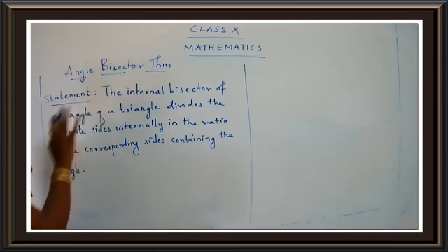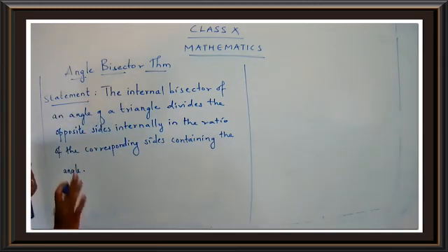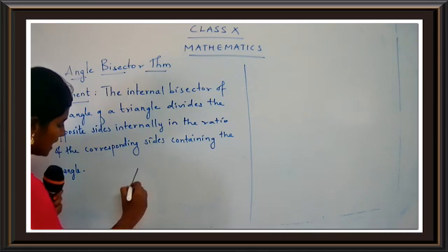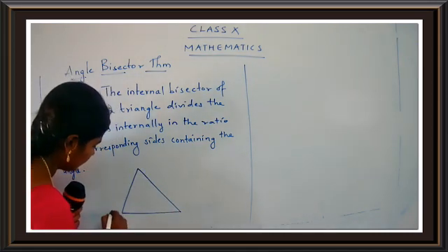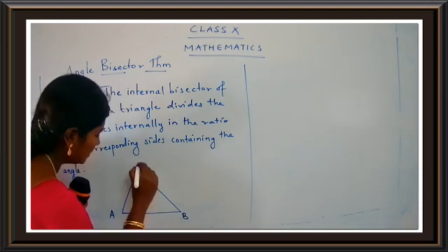Okay, so now have you completed the statement? Just write the statement, and now you're going to draw the figure. Use your scale and pencil for drawing the figure, children. Let's go with the figure next. So after the statement, the next thing is to draw the figure. First of all, draw a triangle ABC. Draw a triangle ABC.